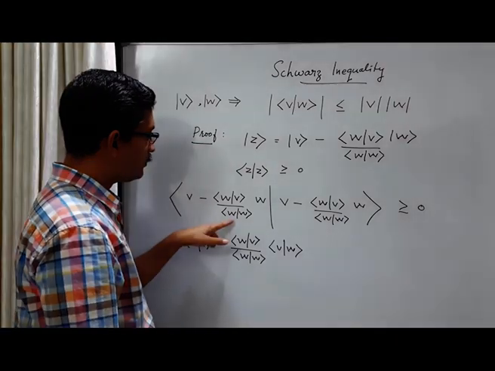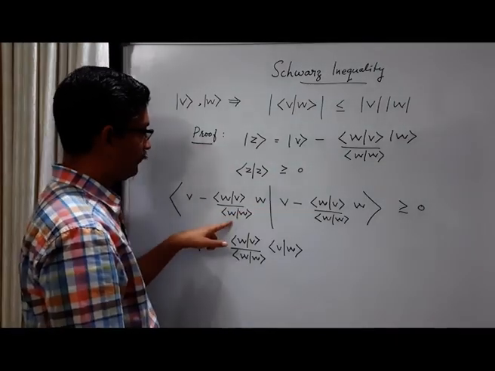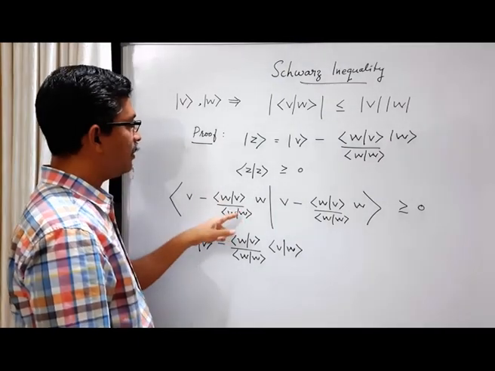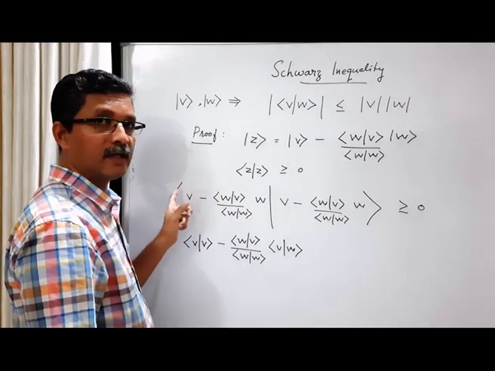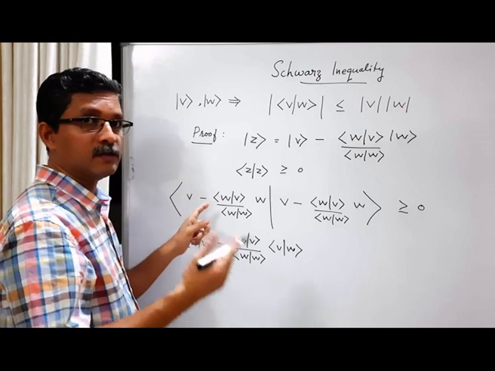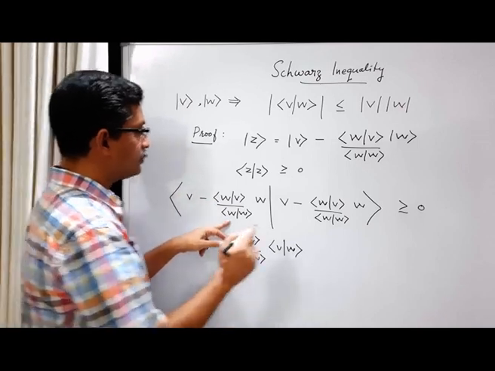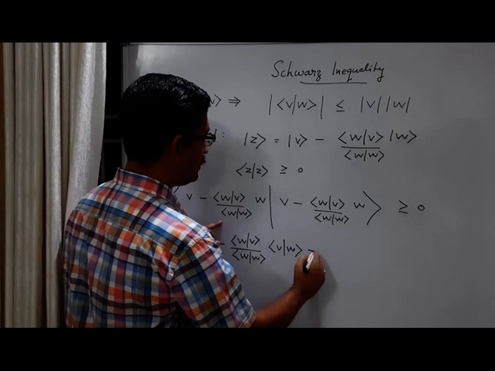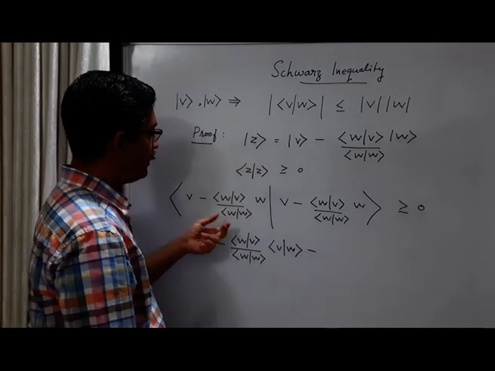Then take the inner product between this vector and this vector. Okay, then there is a scalar here. When you take the scalar outside from the bra vector side, it will become its complex conjugate. Okay, so there is a minus sign here also, minus, and